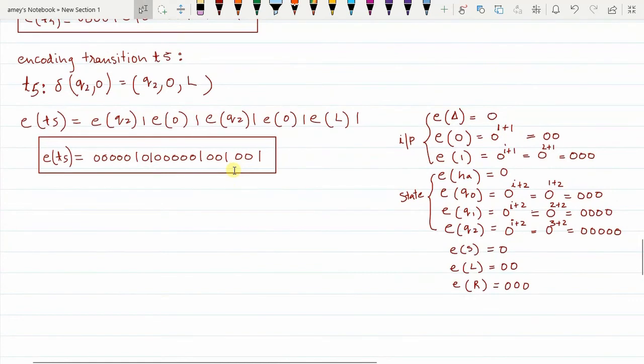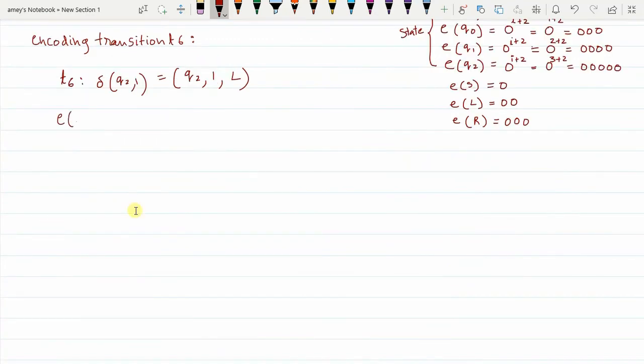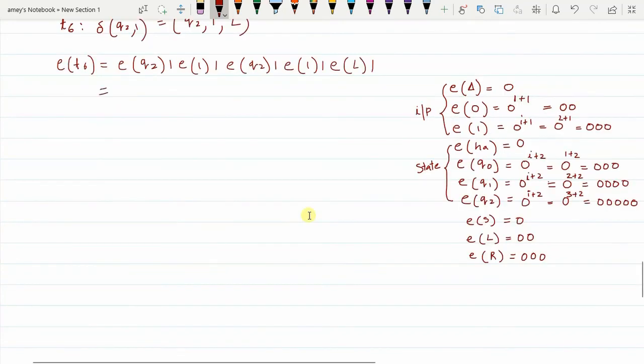Then encoding transition T6, encoding for transition 6 can be written as encoding for Q2 1, encoding of 1 1, encoding of Q2 1, encoding of 1 1, encoding of left 1. Now encoding of Q2 gives you 5 zeros,